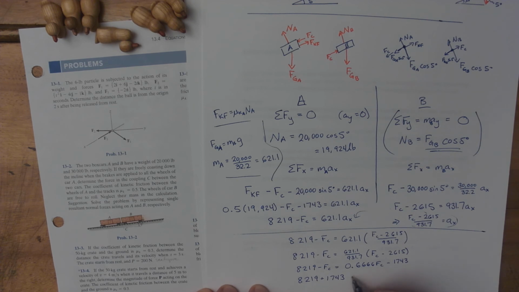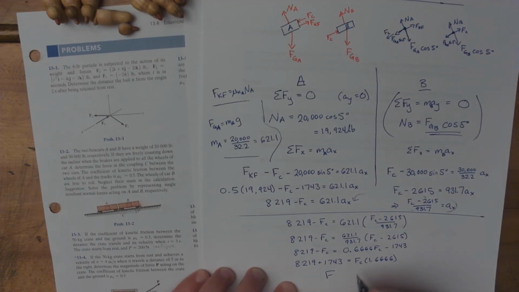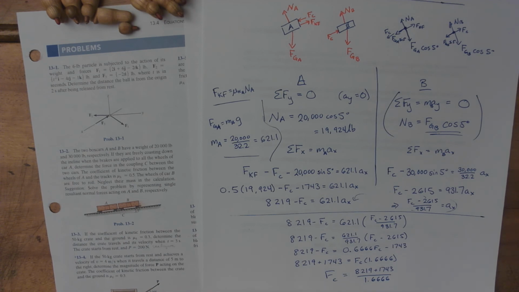When I bring the FC over here, it becomes positive. If I add that to the 0.6666 FC, I get FC times 1.6666. And then finally, I have FC is equal to 8,219 plus 1,743 divided by 1.6666, and that gives me